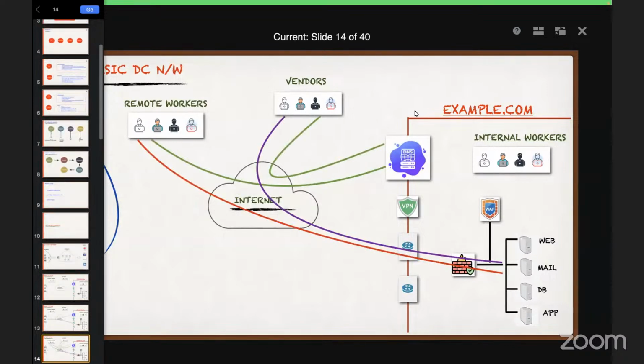Now, vendors and remote DC workers, suppose they are using the URL vpn.example.com to connect to the VPN. It's an SSL VPN, so they are just going to open their browser and type vpn.example.com. Whether it is a user from a remote network or the vendors segment, it's going to go to the DNS server first to resolve the IP. And then again, it's going to go through the